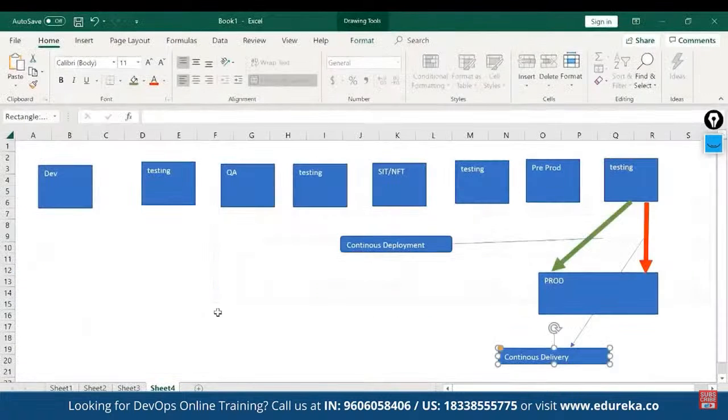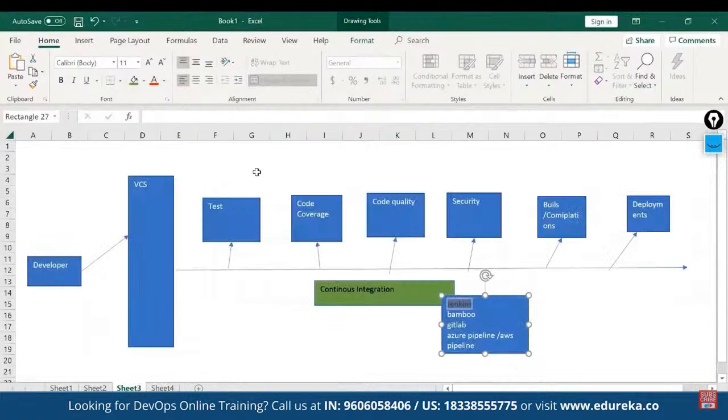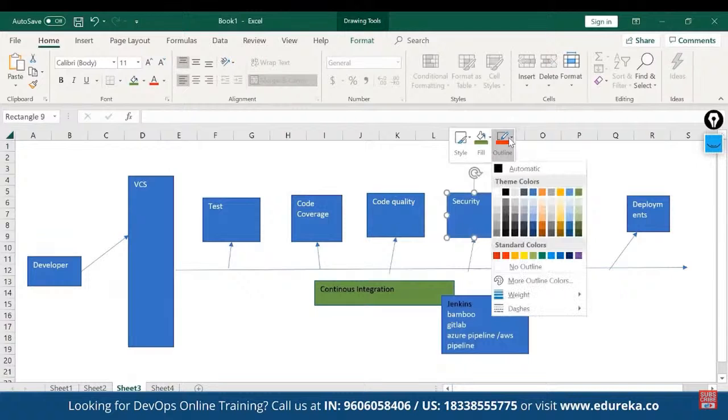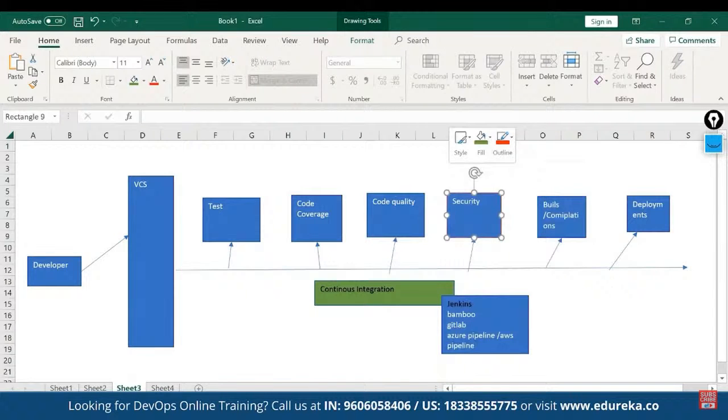Okay, if I open my notes, one job could be for test, one is for code coverage, one is for code quality. Security is something which I cannot create now because it needs licensed software. And then I'll create a job for